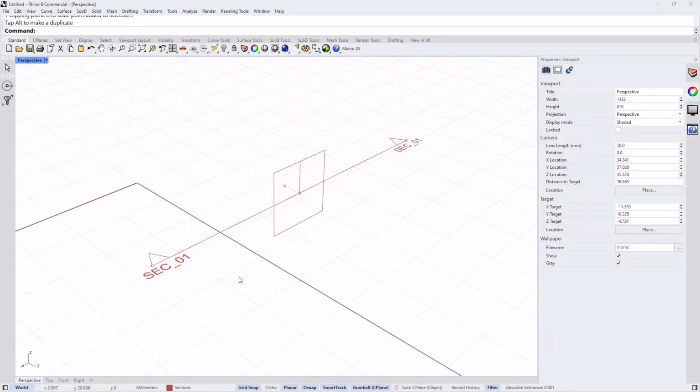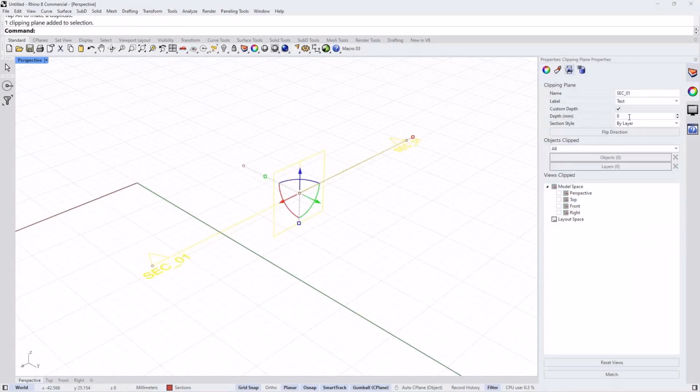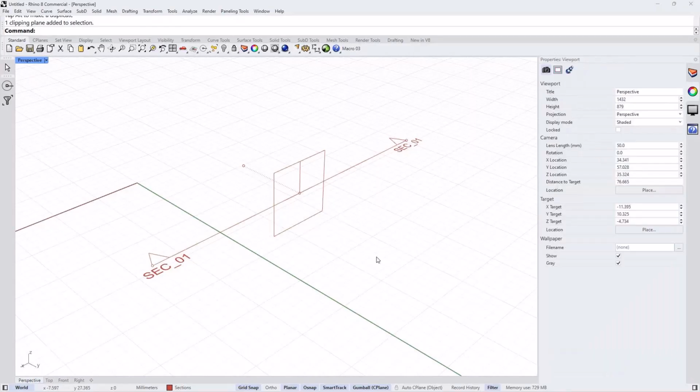In that way. The third thing that you can use is the depth point. So the depth point is that 4th point that we have here. If you go to select the clipping plane, you will see that the depth has changed to 8. So interactively, you can change the depth point, but you can also change it from the property panel for the widget. That's basically all the different parts of the widget of the clipping plane.